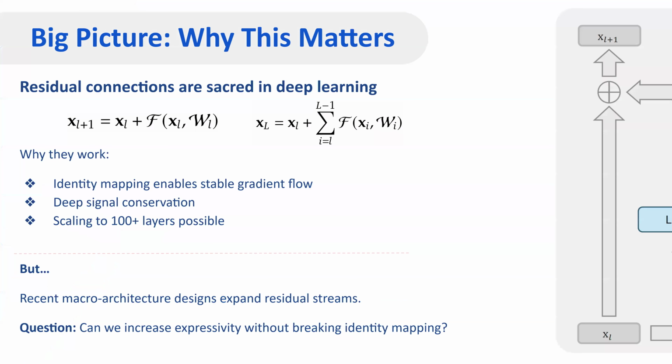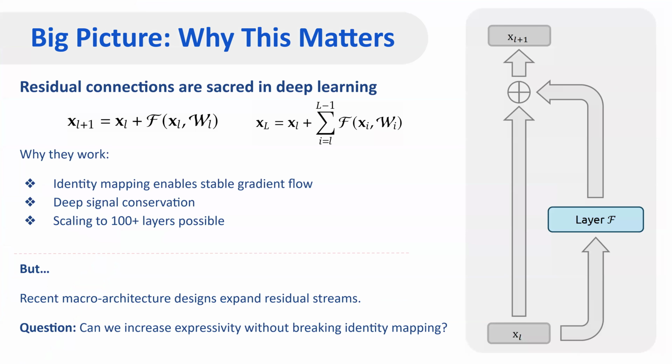And firstly, just to understand what the problem is, let's start with the residual connection block. As you can see here, at the very first, we have an input signal. We pass it through a layer F or a couple of layers. And at the end, we add them together and pass it through the next layers.